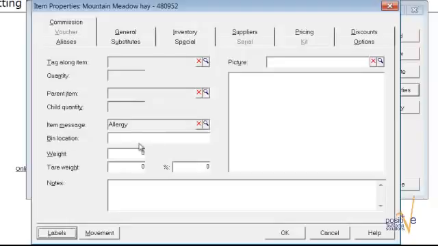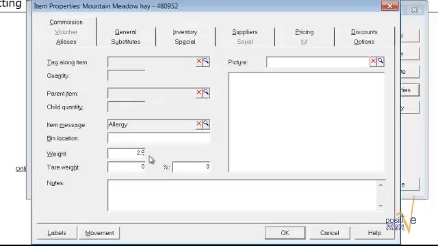Bin location. Well, if you have a store and you have your items stored in different shelves, numbered and in different layers, you could identify in which bin location your item is. The weight here has a very important meaning. For example, if you ship your item and you're using shipping carriers, the weight is used to calculate the amount of the shipping fee, so it will use this field. So in my case it would be